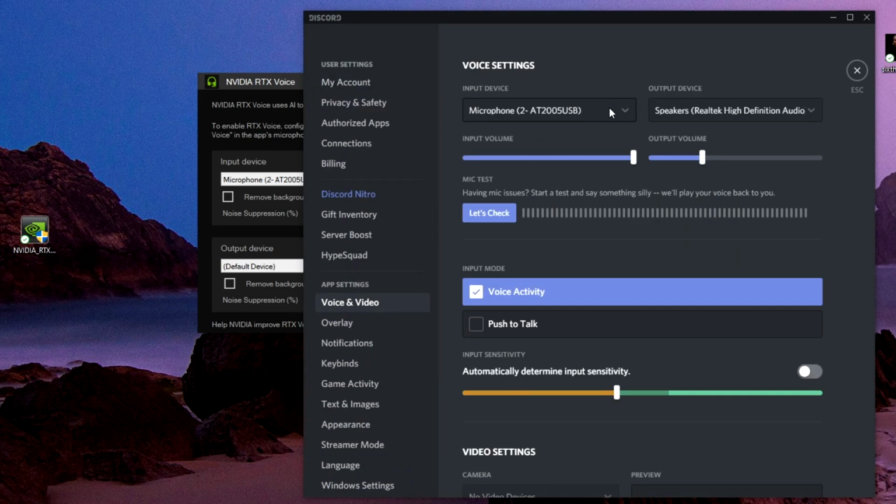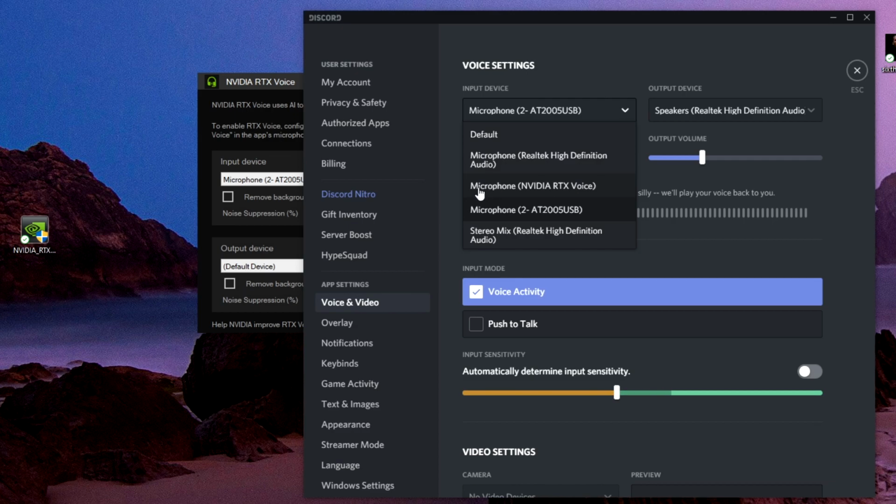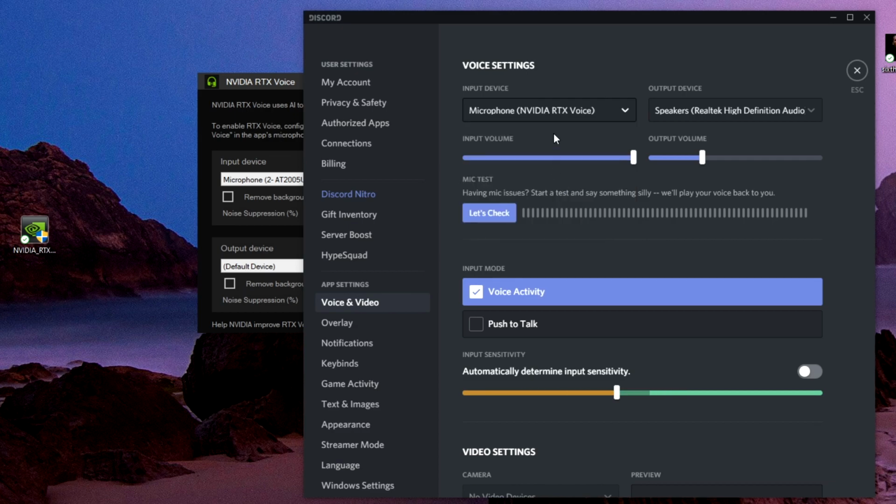Now under your microphones, you will notice that there is a microphone that says NVIDIA RTX Voice, and you double click that and use voice activity, preferably automatically determine input sensitivity. So that's how you